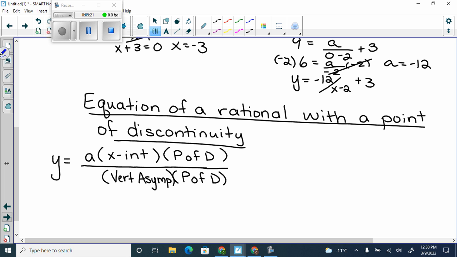Now, what if there is no point of discontinuity? You could just omit this and do that last question in this format as well, right? X-intercept, you just need the x-intercept. Okay? All right, we're going to go back to